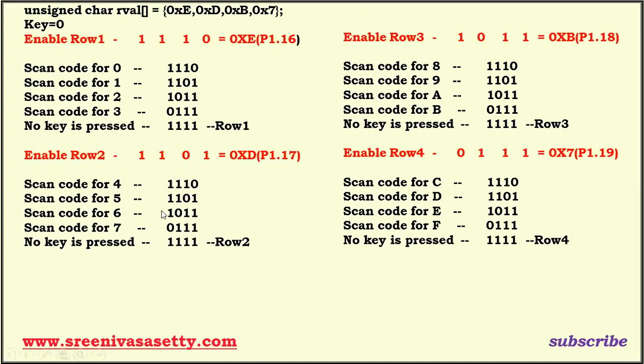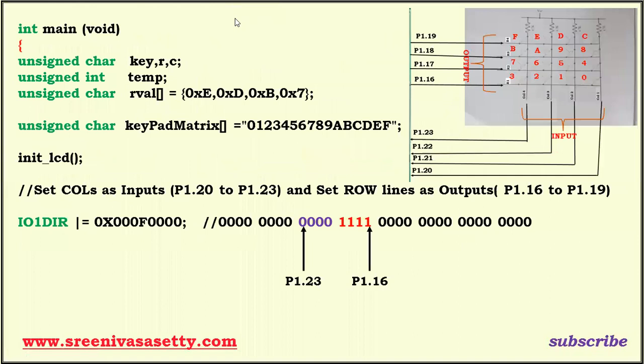Now here we are talking about the 4x4 keyboard. If you want to enable a row, we need some data. I already explained this. Here we know that there will be 4 rows and 4 columns. If you want to read data from any key, first we have to enable the row. How to enable the row? We have to make that row equal to low.